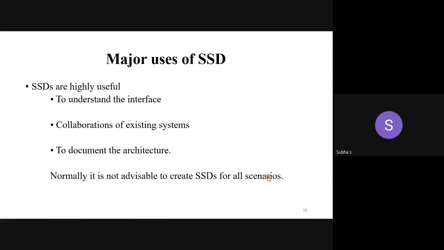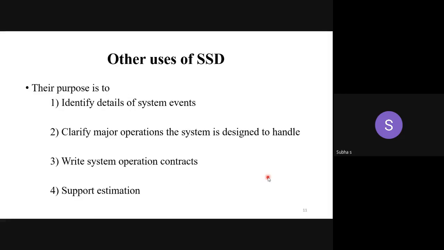If anything is to be done with the system, if anything is to be automated, in simple words, you can easily understand. If you are going to do automation, like automated billing, yes, in that we can use the system sequence diagram. If I am going to do everything manually, there is no need to go for a system sequence diagram. So we can't create an SSD for all scenarios. For the software that we are using, for any automation, we can go with a system sequence diagram.